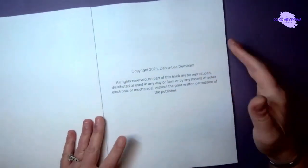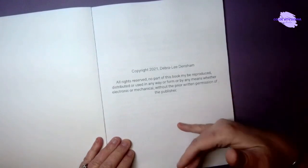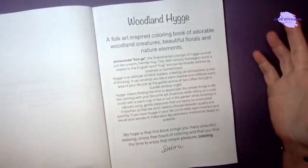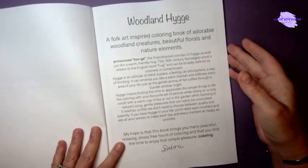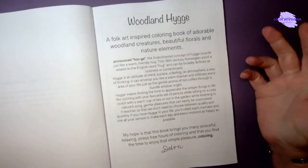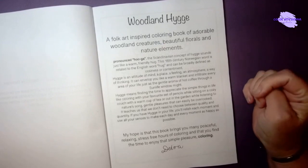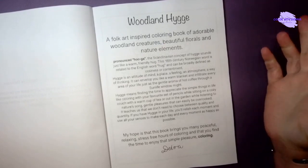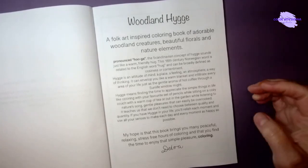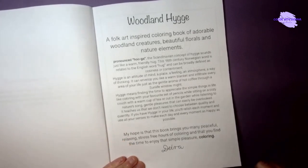So let's dive in. This is an Amazon printed book. And this is the copyright page here. And then you come in to a page that gives you a little bit of information. It says folk art inspired coloring book of adorable woodland creatures, beautiful florals, and nature elements. Pronounced hygge. The Scandinavian concept of hygge sounds just like a warm, friendly hug. The 16th century Norwegian word is related to the English word hug and can be broadly defined as